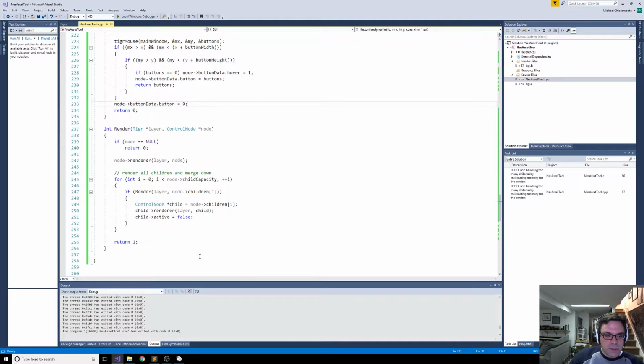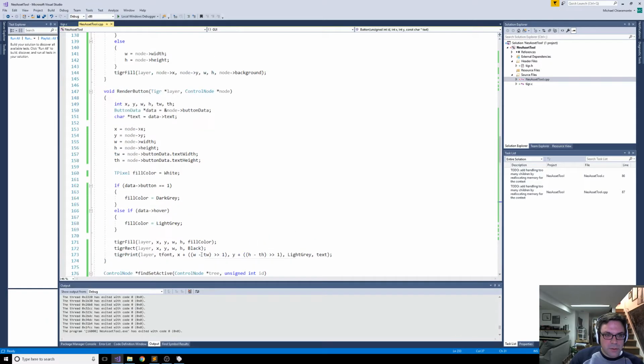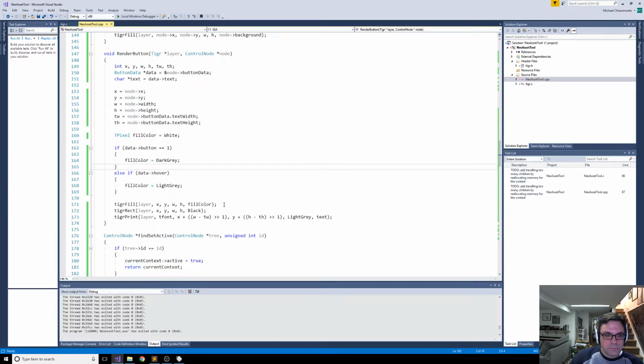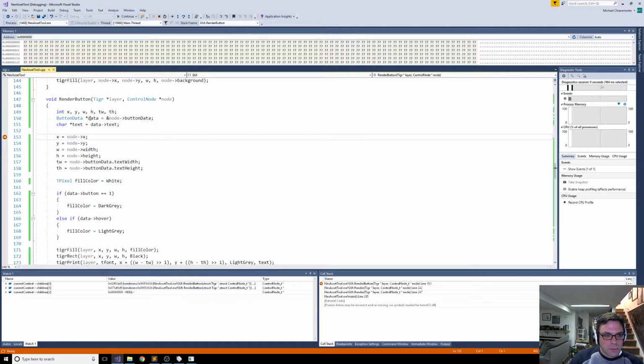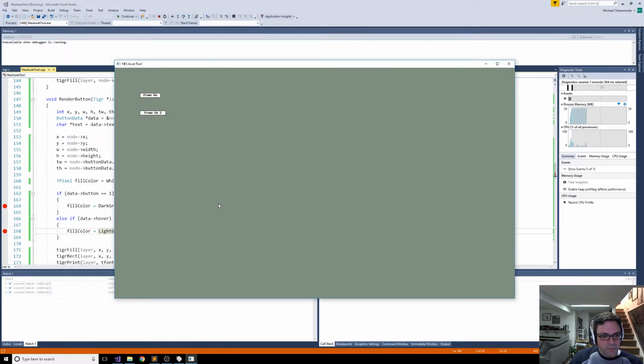Let's see, render, where's the render button code? Text width and text height, it's getting that from there. That's the width and the height. Is that the problem? I don't know that that would be. Data button hover. That all looks okay. Let's see. For even getting breakpoints on that. No. So